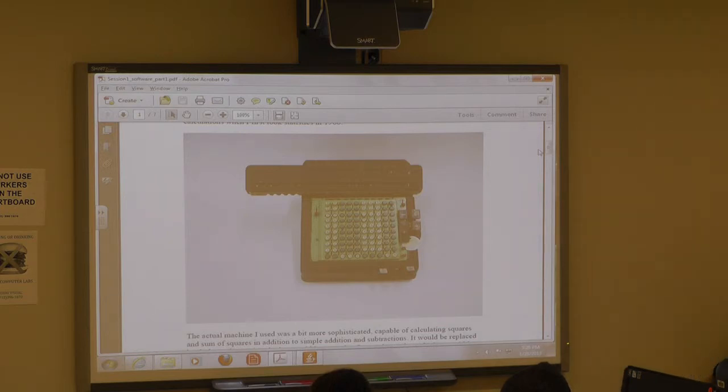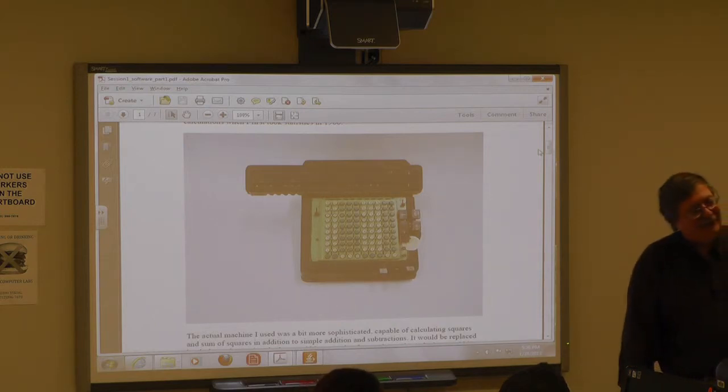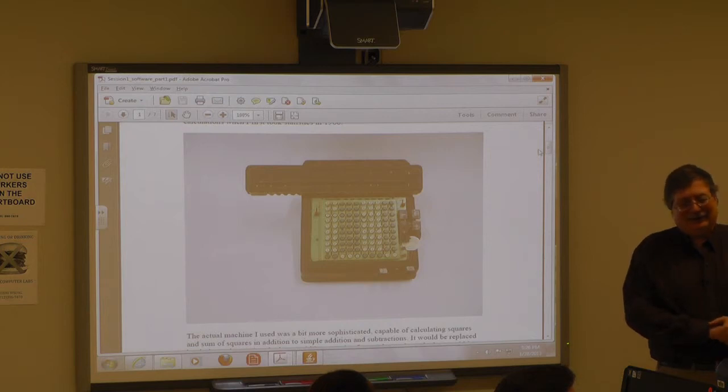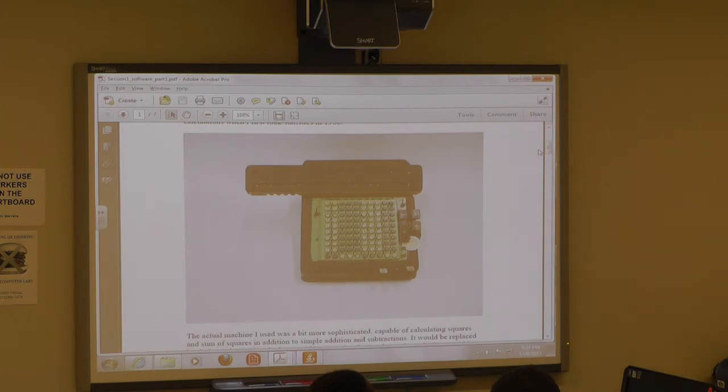Speaking of which, the other thing that we used to use back in those days, here's another relic I brought in to give you an idea of how things have changed. This is a slide rule. How many of you have ever used a slide rule? There, one person, two people. Terrific. I'm glad to see it. Here, you can pass that around. Take a look at it. If anybody's interested, I'll show you how that thing works later on. But that went away with the electronic calculator as well. So now we have not just electronic calculators, we have computers that'll do all sorts of operations for us. So this is old hat.